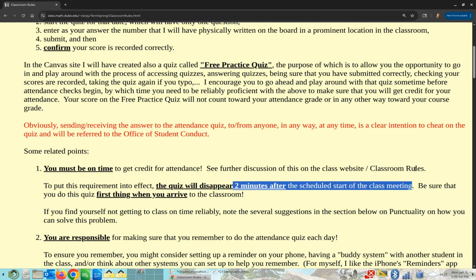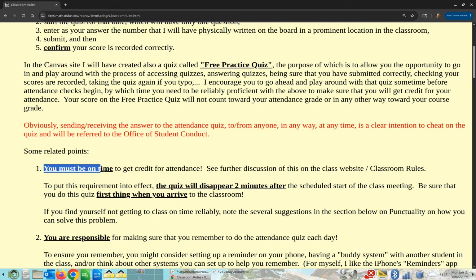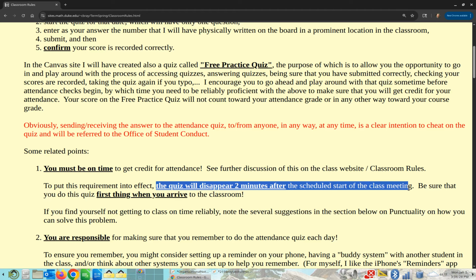If you arrive late, side note, being on time is a requirement of the course. However late you are detracts from your time being able to submit the attendance quiz. And being late is not an excuse. Notice it says right here, you must be on time. The point is the quiz will disappear 2 minutes after the class starting time, and at that point,